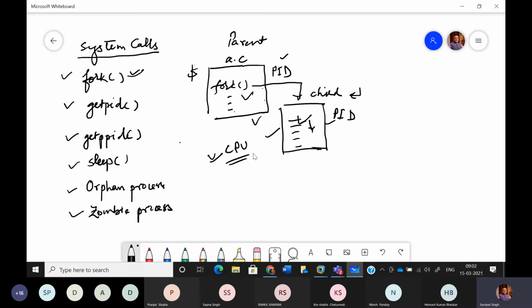Whatever concepts we have studied in operating systems, like CPU burst and throughput. You know that throughput is related to the total time which any command or process takes for its completion. But in the process lifecycle we have discussed that when we execute any program, or when the process is trying to complete, it passes through different states many times. In the beginning it is in the ready state, then it moves to the run state, from there it may move to the wait state, or it can directly go back to the ready state. This is happening frequently.